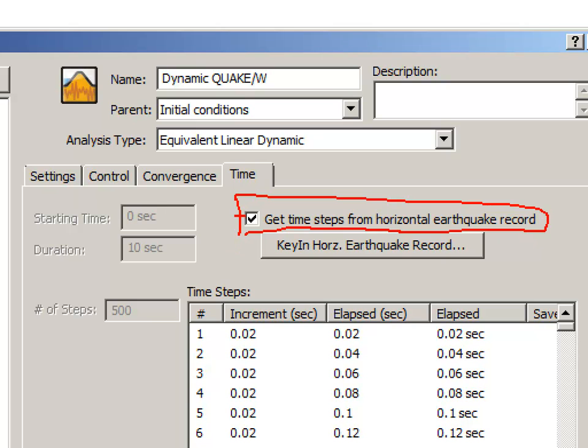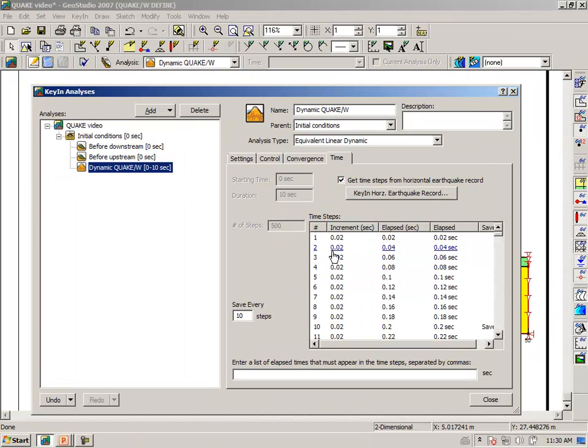And by checking this box, it looks at the earthquake data and says, oh, the record has a data point every 2/100th of a second. And as a result, we have our time stepping sequence here. We have all of the data points at a delta t of 2/100th of a second. And as a consequence, we have 500 steps to analyze for a total duration